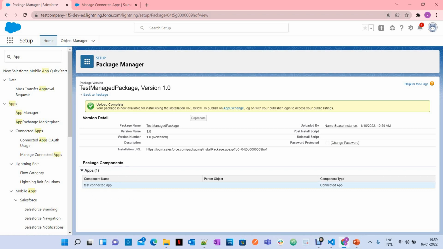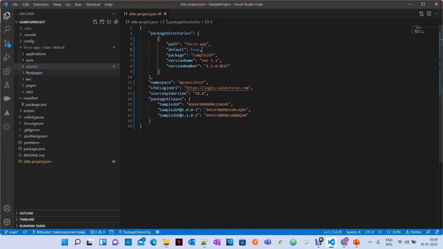Now we have to create a folder called connected apps if you don't already have one, wherever you are trying to generate the 2GP packages. Here we already have a sample source project where we generated package versions with 2GP, that means second generation packages.